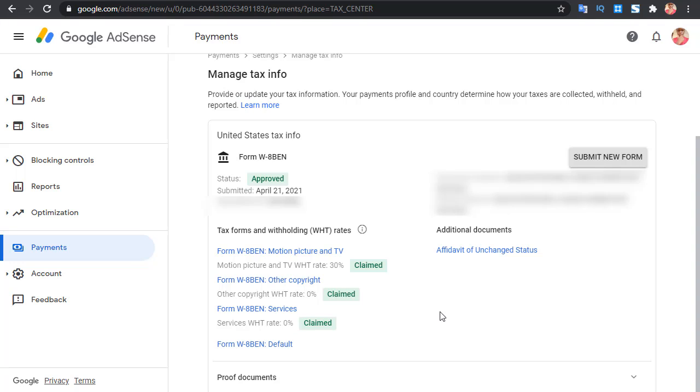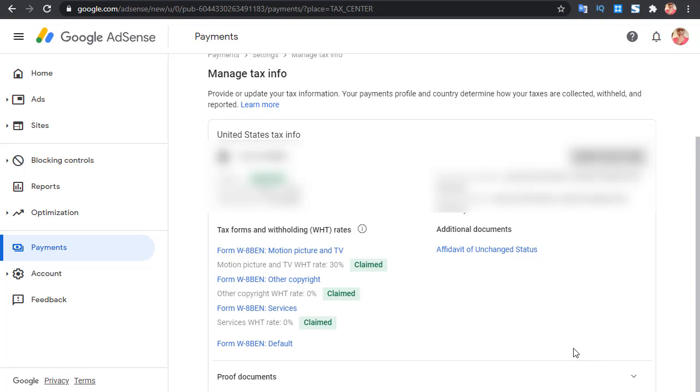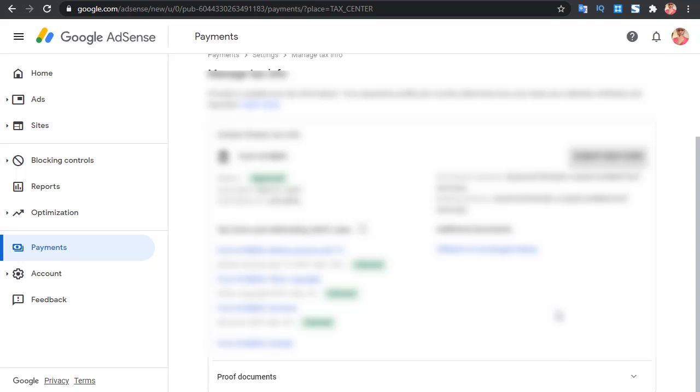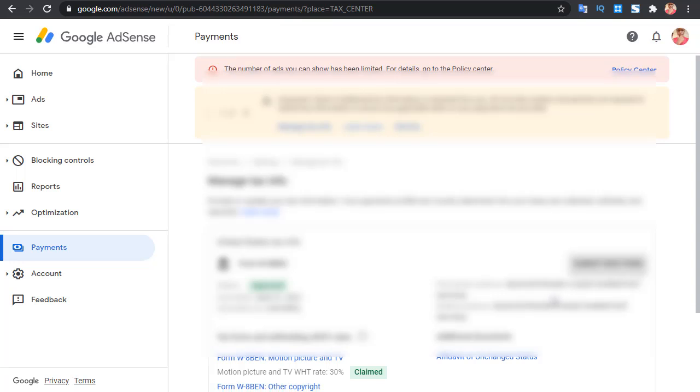So guys, this is how you submit your document, and then you see proof documents right here. You see I submitted the ID document in PDF form. You'll be asked to submit just one. In fact, it's just one image or one document you submit. So if you're submitting ID documents, scan them and put them in PDF format before you upload them to Google. And then they'll verify it and send you a mail that your stuff has been confirmed successfully.